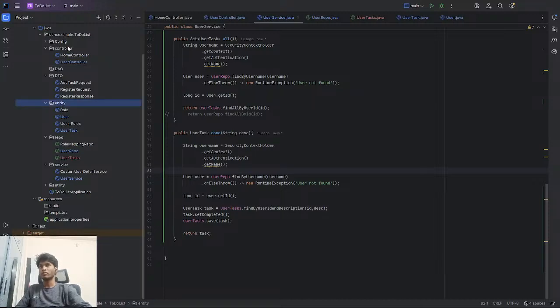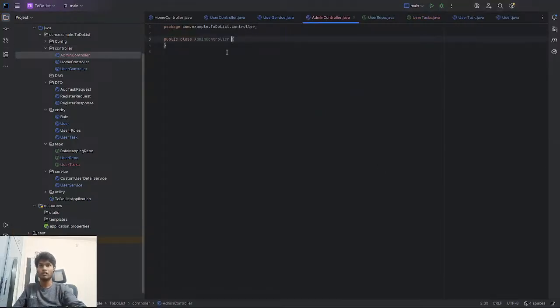For a controller for admin, new admin controller, admin controller. No, it's a REST controller. Here we'll have request mapping